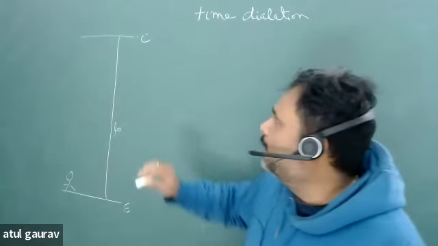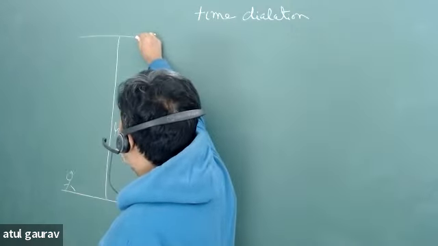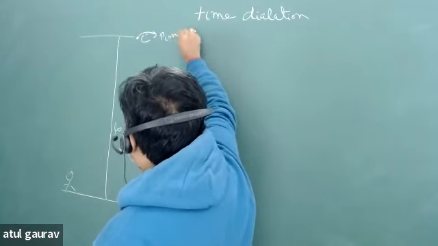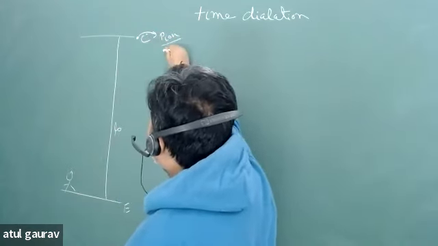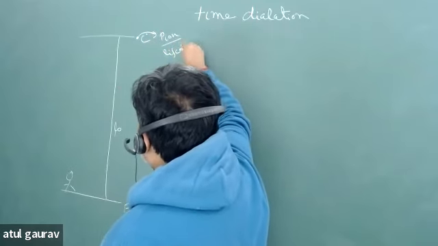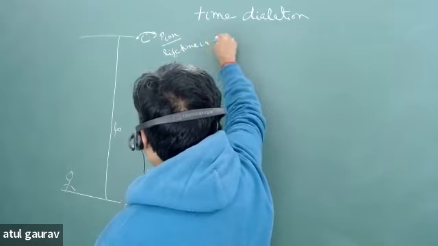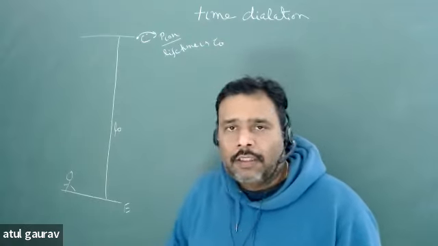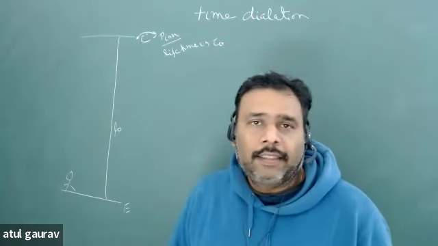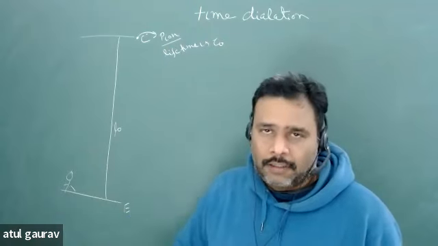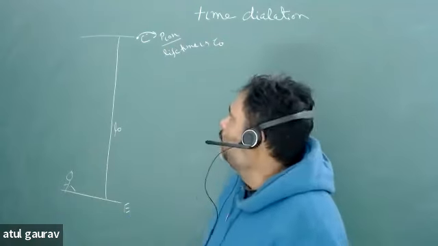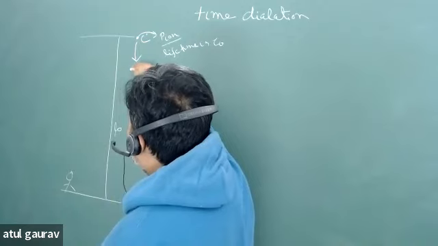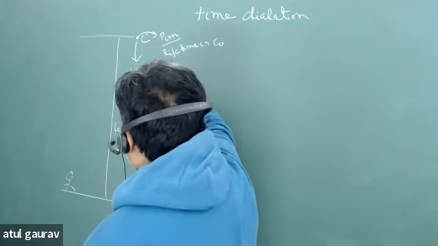And the most important thing is that this particle, let us assume this is a pion, we can give the name of this particle. This is a pion, and its lifetime is tau naught. So what is lifetime? After time tau naught, this pion will lose all its identity, and it will be completely lost. And we can also measure the speed of this pion. Let's say this v is nothing but alpha c.